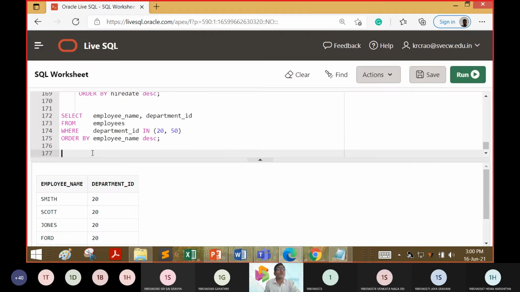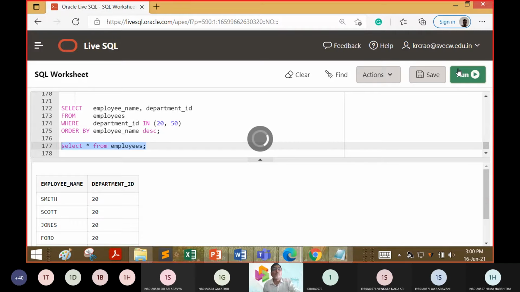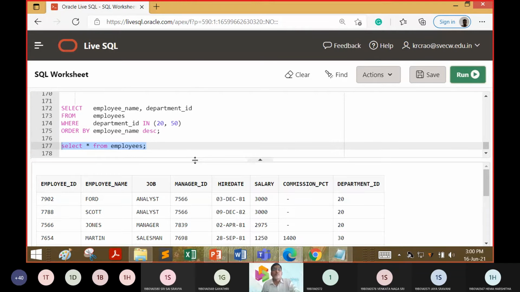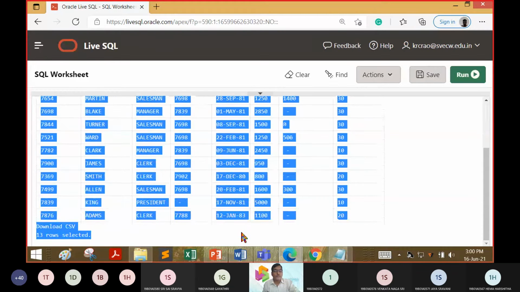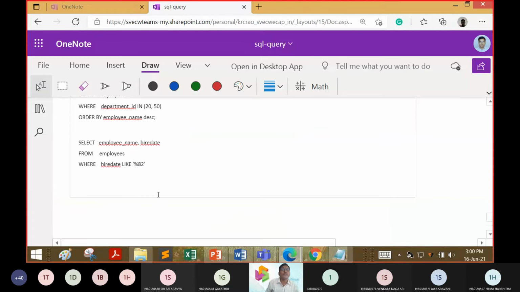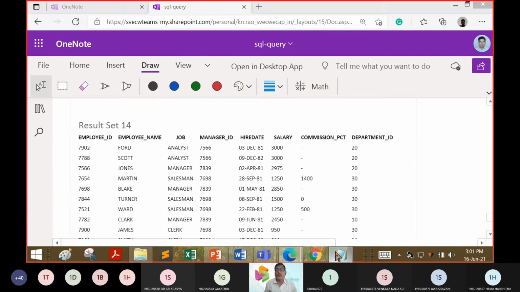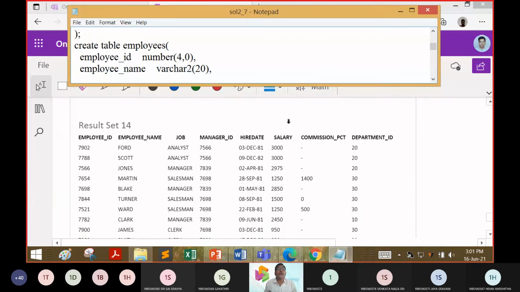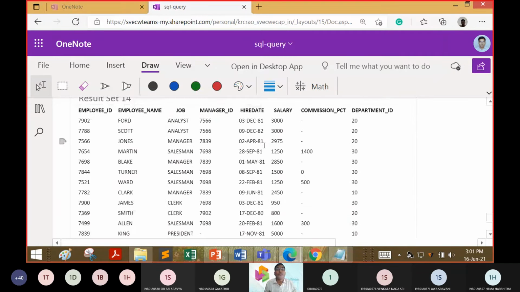The query is to be executed. Data is before you. You have to tell me the answer. I'm minimizing the screen. Hope it is before you.